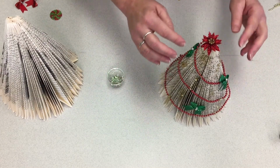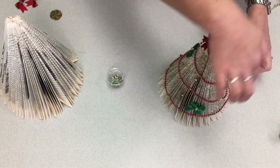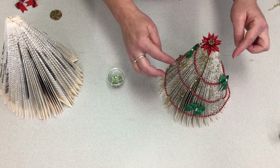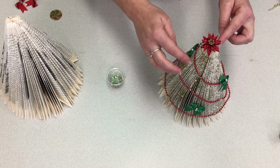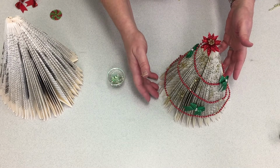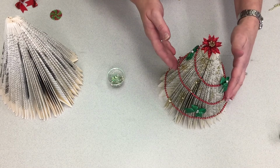So you take the bead garland and you start at the top and wrap it snugly around the outside of the tree, and then you adhere it in several spots with either the hot glue or the white glue. If you're using white glue, you need to let the elements dry before you move on to the next stage of the project. After the bead garland, you add the decorative bows,